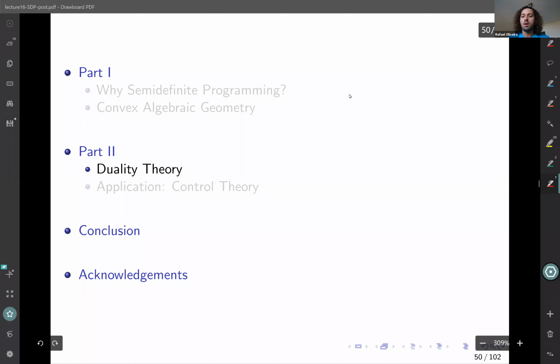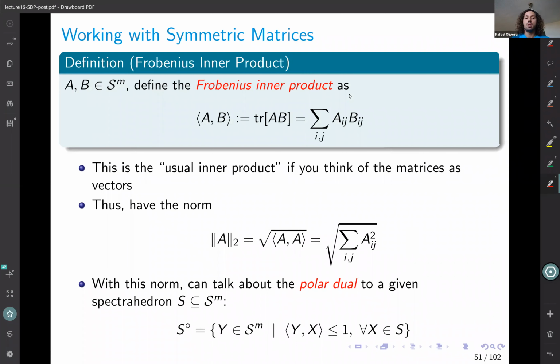Hi everyone, welcome back to part 2 of lecture 16, and now we're going to talk about duality theory of SDPs and an application in control theory. Okay, so before we do talk about